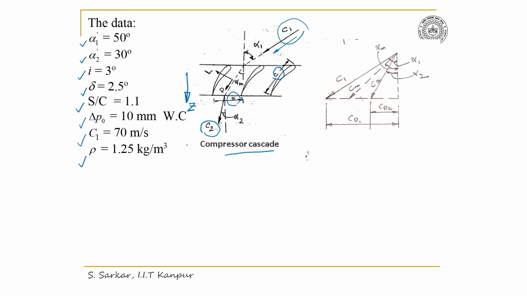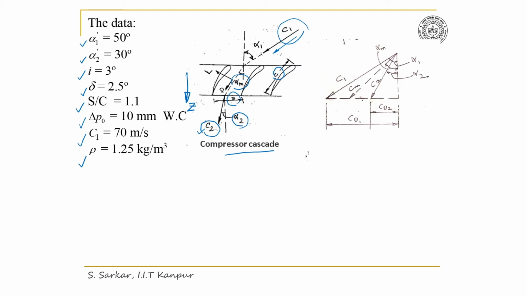And similarly, C2 be the exit velocity that makes an angle alpha 2 with the Z axis. I have shown here alpha M. Thus, lift will be perpendicular to the vectorial mean velocity, and drag will be along the Cm,